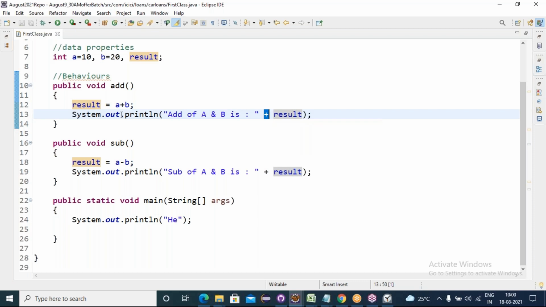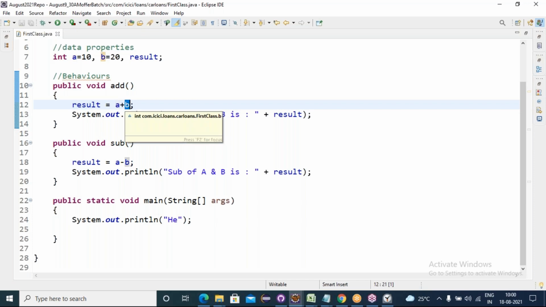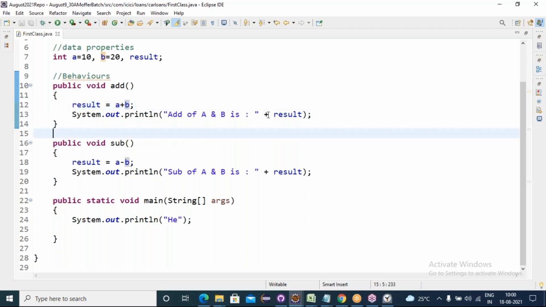Got it, sir? Yes, sir, one more question. Suppose we declare A as double and B as integer, then what will be the result? That's what I said. Whether these two are integers, or floats, or one integer and one float, everything is number type. The number type can be integer, float or double, doesn't matter. Between any number types, plus means it does the addition. Two different data types does the concatenation.